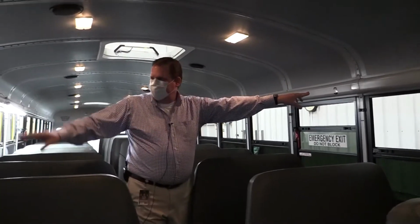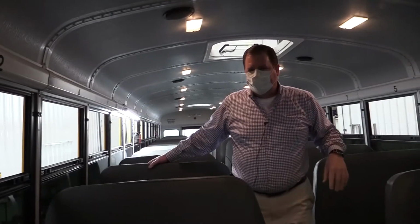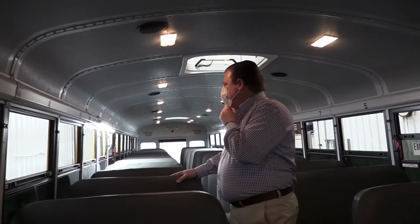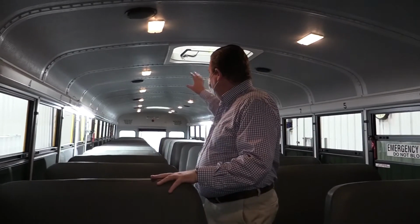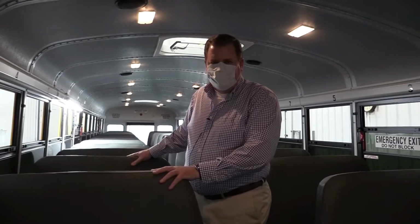When a student comes on board the bus, they will have an assigned seat, which is based off of the row numbers that you see that run along the sides of the top rail of the bus. Students will be seated accordingly, loading from the back of the bus to the front in order of the bus stops on their route. Family members will be seated together,